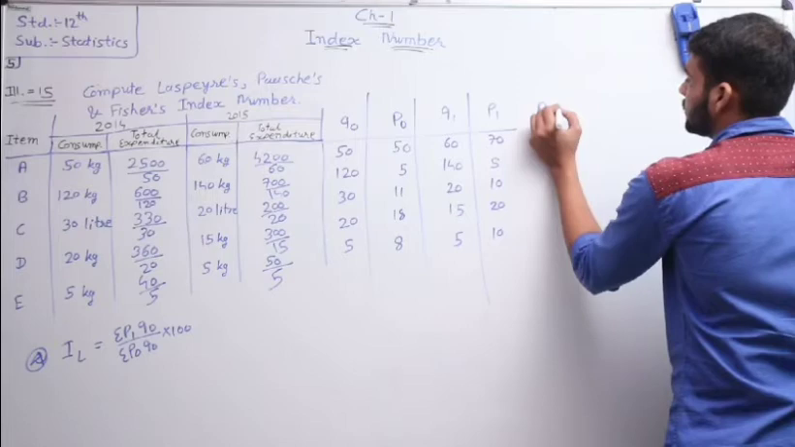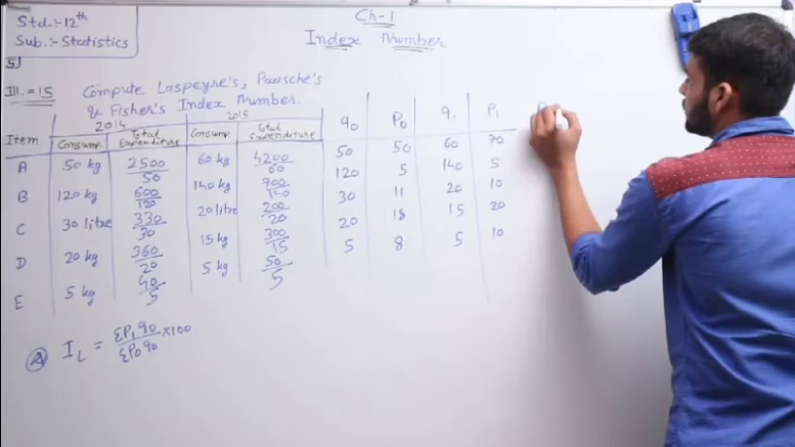Okay, students? So 60 multiplied by 70, so the answer is 4200. Then 140 multiplied by 5, so the answer is 700. Then 20 multiplied by 10, so the answer is 200. Then 15 multiplied by 20, so the answer is 300. And 10 multiplied by 5, so the answer is 50. Okay, students? And now P0Q1,